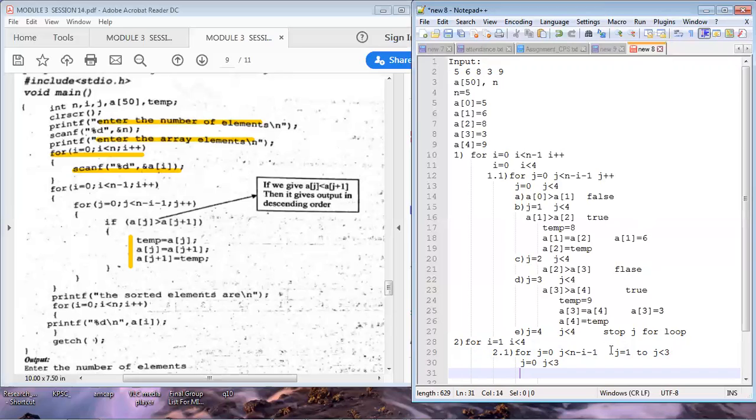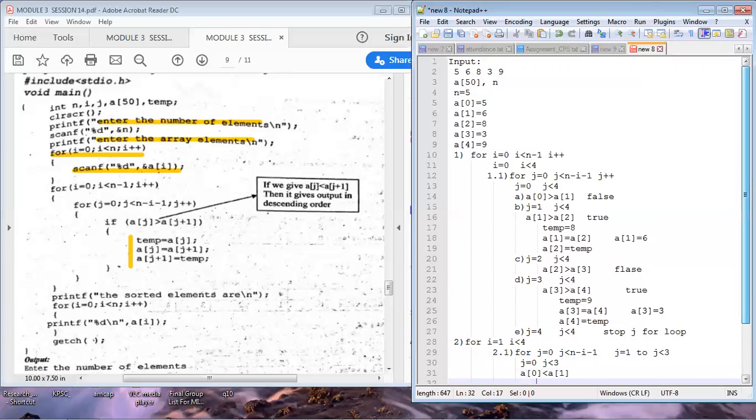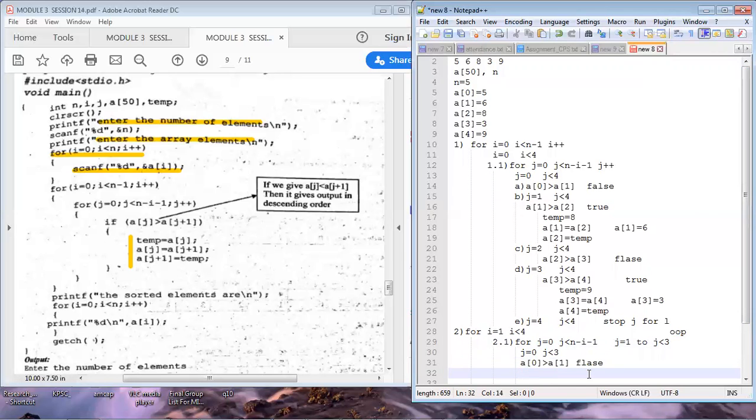Again compare a of j, 0, is greater than a of j plus 1, 0 plus 1. So the first element is greater than the second element. Sorry, I was saying less than, it should be greater than. Whether 5 is greater than 6? No, this condition is false. So we are coming out of that if statement.